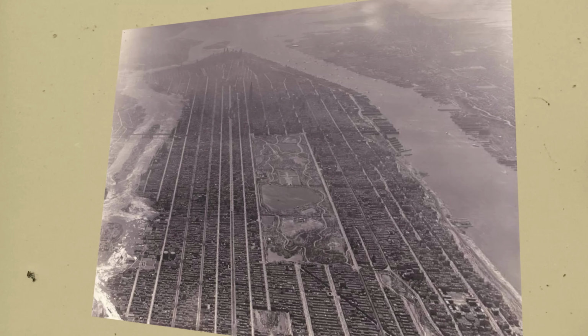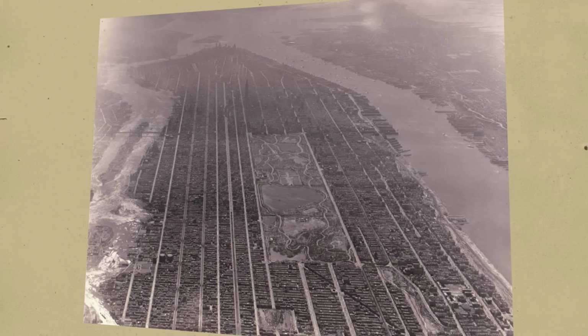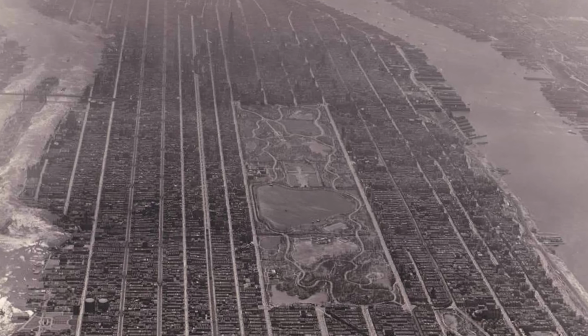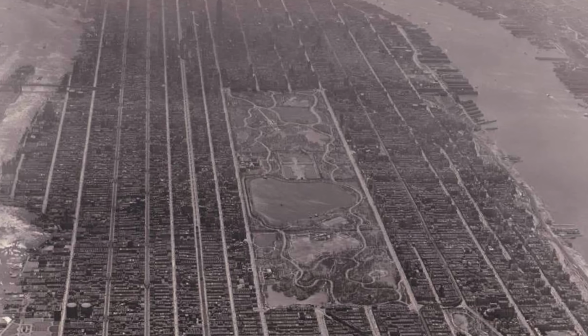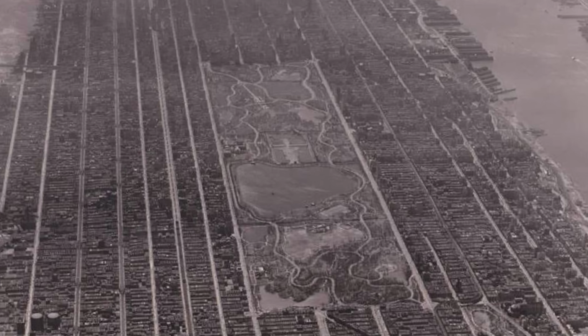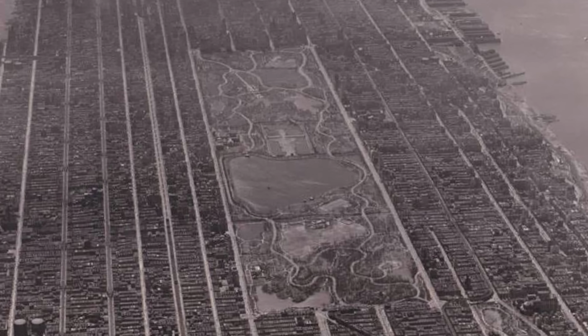The photo offers a panoramic view of New York City, captured from an aerial perspective in 1931. The city, in the midst of transformation, displays its growing skyscrapers, including the Empire State Building, which was under construction